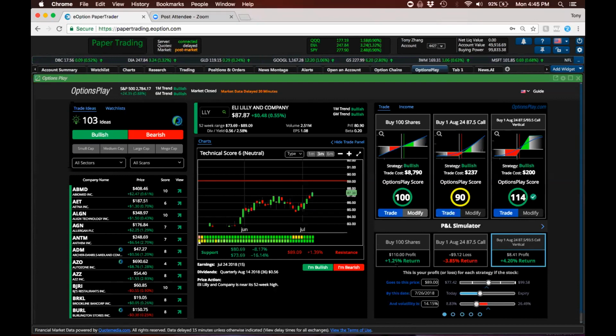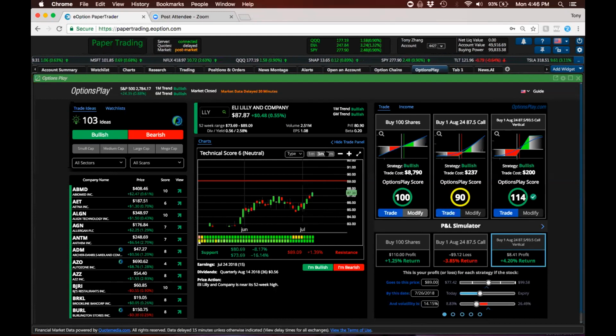As you can see here, if you had bought the stock, you make a 1.25% return. If you bought this call, you actually lose 3.85%. So not a very good looking trade. If you bought this vertical, you make a 4% return. So in my opinion, none of these trades look very attractive. None of these returns look very great. So if you only expect Eli Lilly to move a little bit higher, to just $1 higher, as you can see, this tool allows you to very quickly say, hey, this might not be the best trade to make. So meaning if you don't think Eli Lilly is really going to break higher, this might not be a trade that you want to trade going into earnings.